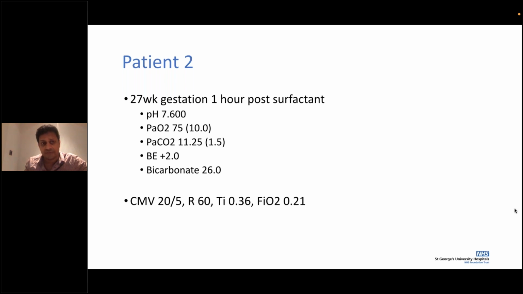Obviously, why don't we want saturations on the higher side in these babies? Yes, so we've got that right. We've got, for ROP reasons, we don't want the saturations to be high. And cerebral vasodilatation, as you said, the perfusion is something you want to get absolutely right.